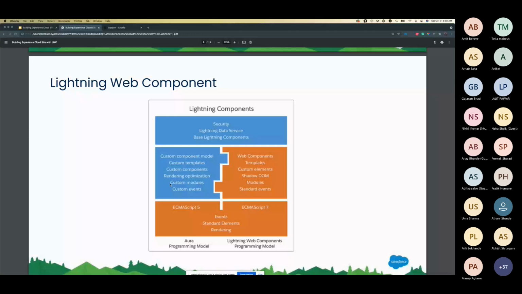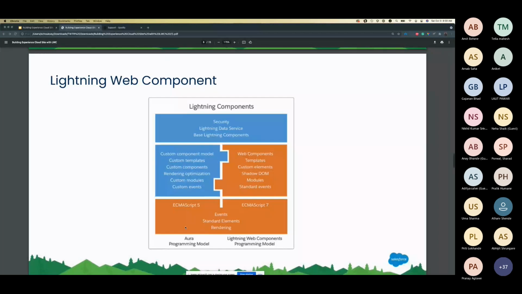On the right hand side is the web component, where you can create your own templates, custom elements, shadow DOM, and modules. Both follow different JavaScript editions: one is on ECMAScript 5, and the other is ECMAScript 7. The primary difference is that at the end the backend behaves the same, but the difference is in the standard we follow while creating a Lightning Web Component versus an Aura component.